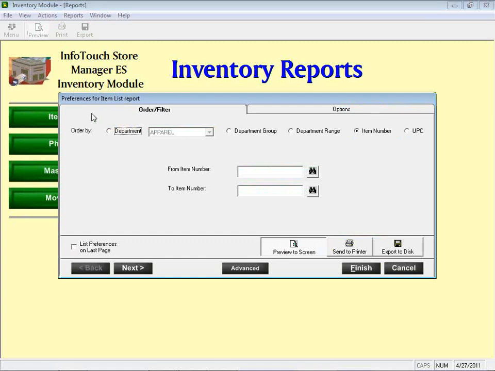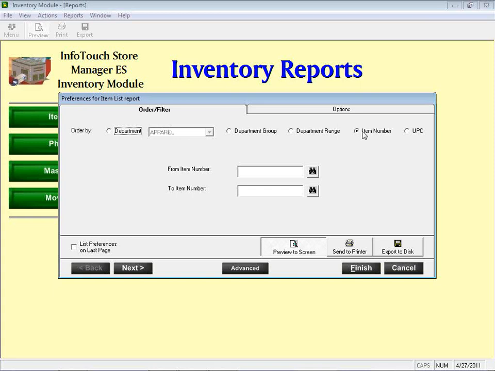And what we're about to go over in terms of selection and options and filtering is going to be applicable to a whole large number of these reports. In fact, all the ones we covered today. The only ones that are exceptions are the vendor and replenishment reports, which have different selection criteria. So you're always going to see at least two tabs once you select a report, the first of which is telling us what items you want to report on,